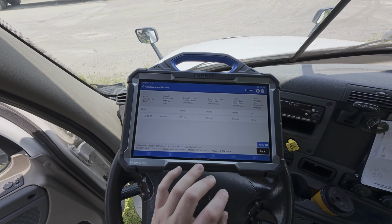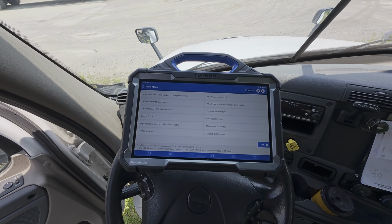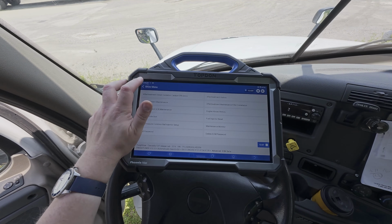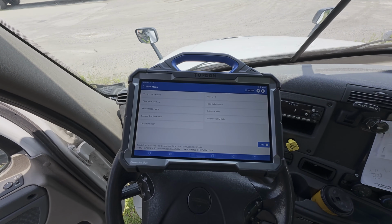Looks like there's some stored data under that option. And of course, there's a variety of other menus here that we're not going to walk through today. So as you can see, there's a wide variety of supported functions here within the software. Now, no scan tool has every function for every vehicle, but you're going to see a pretty wide variety of